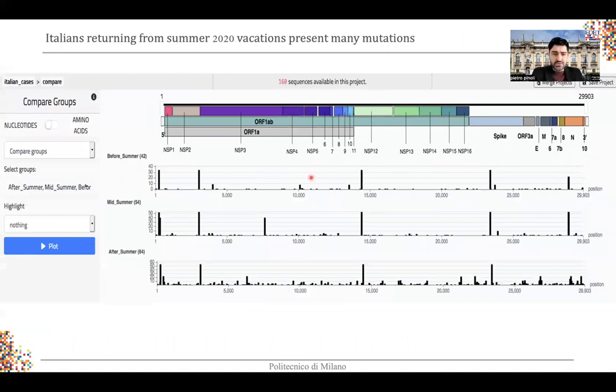This is one example of analysis that you can do with Biostar, some visual analysis. So you can take all the sequences from Italians in 2020 and you can divide them in 3 groups. So before summer, during the lockdown period, midsummer, when the restrictions were not present or very limited, and after summer when we have the second wave. So what we can see is that in the first period we have very homogeneous sequences, so you can see that there were few mutations that were present, while